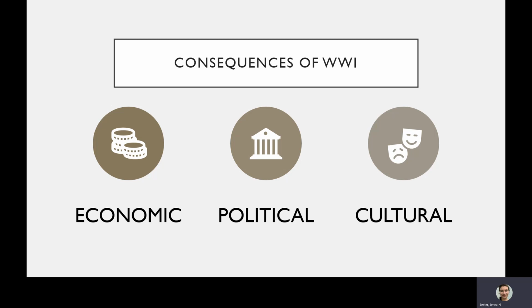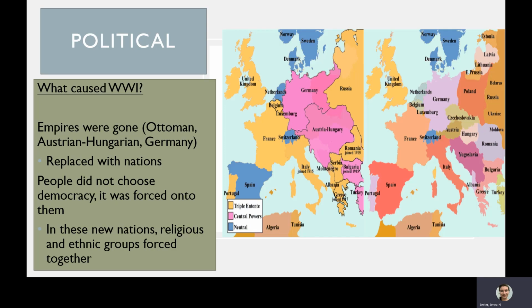We're going to talk about the consequences of World War I in Europe in three different categories: economic, political, and cultural. I don't think the slides actually go in this order, which is super inconvenient. So let's talk about political consequences. What caused World War I? Basically a bunch of alliances. Okay, so some of the consequences were